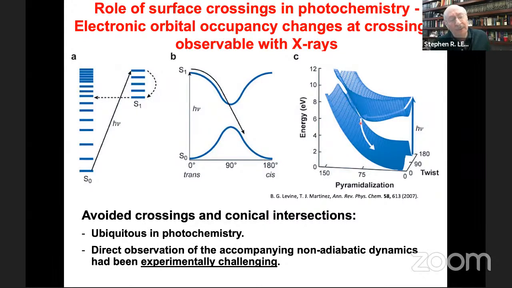They're responsible for the healing of DNA. They're responsible for vision, the photoreceptors in vision. They're pretty much prominent everywhere, and they involve a change of electronic state. So we call these avoided crossings, or if it's multidimensional, we call them conical intersections, and they're ubiquitous in chemistry. So the thing is, the electronic character changes when it makes this crossing. And so the X-rays are just the perfect kind of system to be able to see that change in electronic